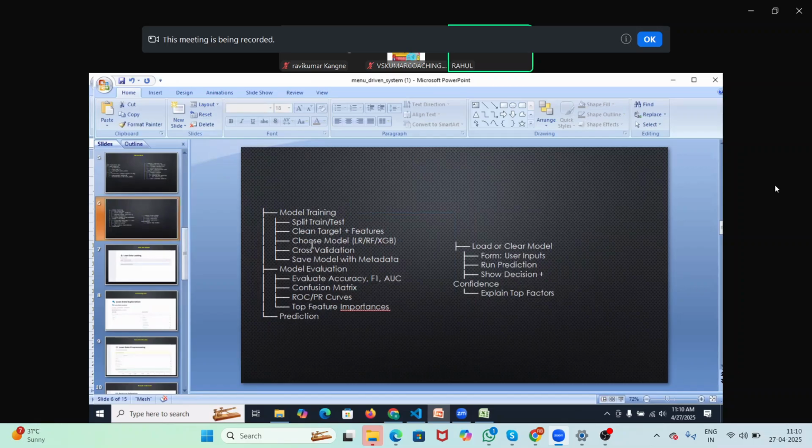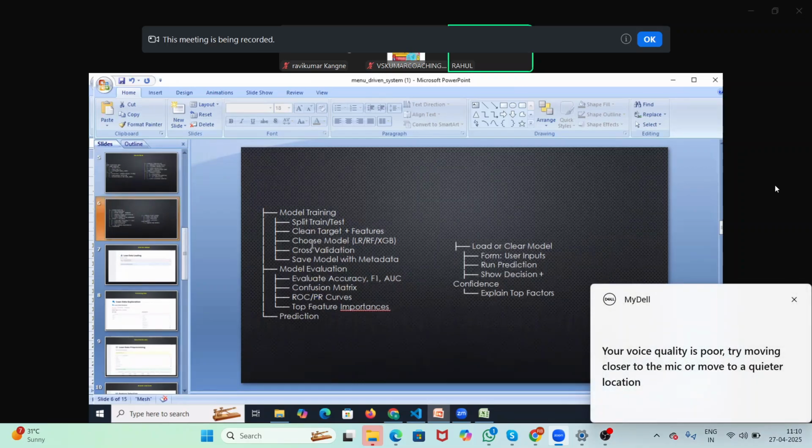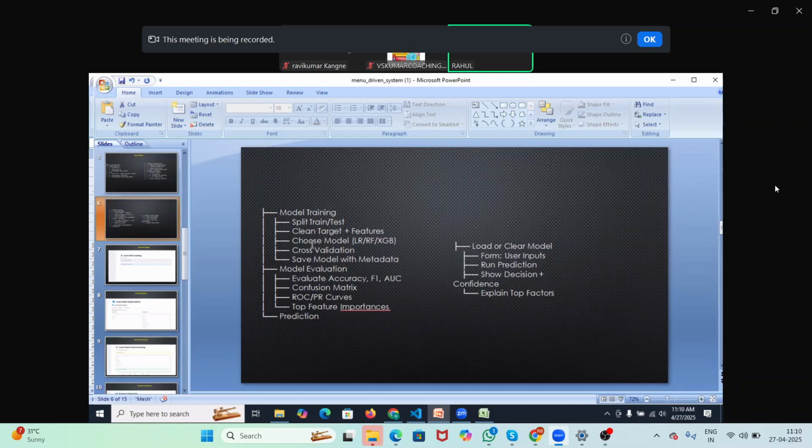Then the data is split into train and test splits. This is a binary classification problem, so I give three models: logistic regression, random forest, and XGBoost. You can choose any model or algorithm on which we have to train. Then, as a regularization technique, I prefer cross validation. After training is done with the help of regularization, I have to save the trained model